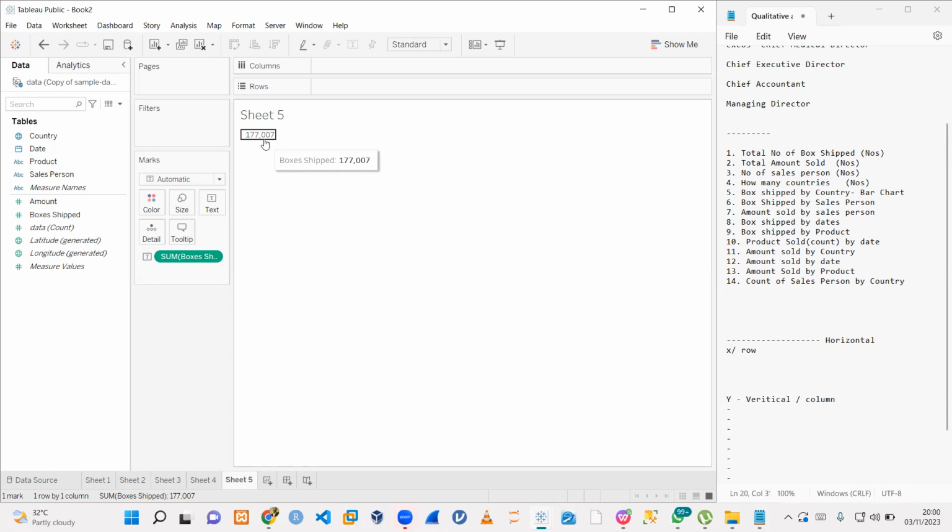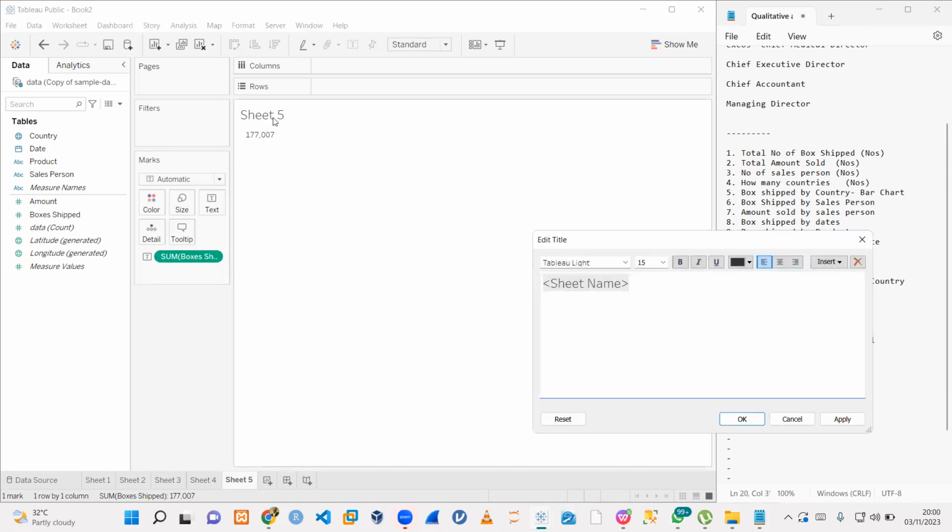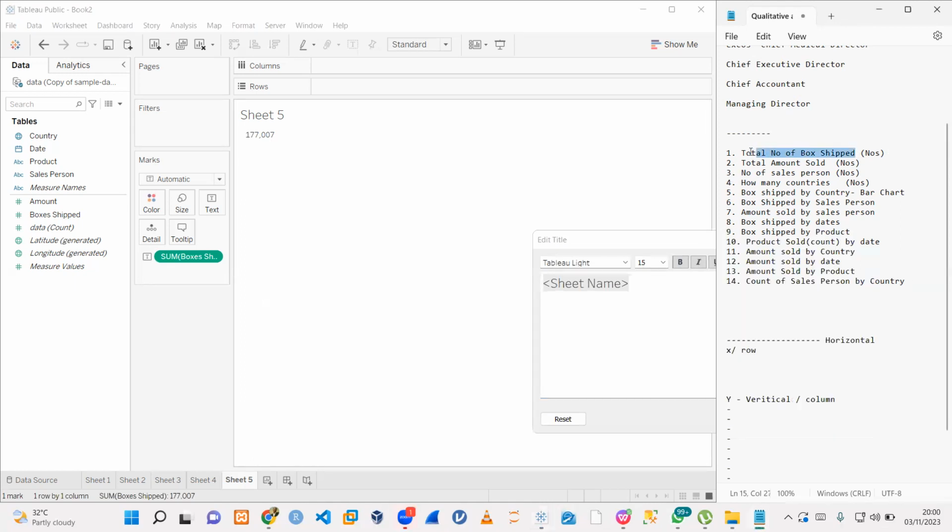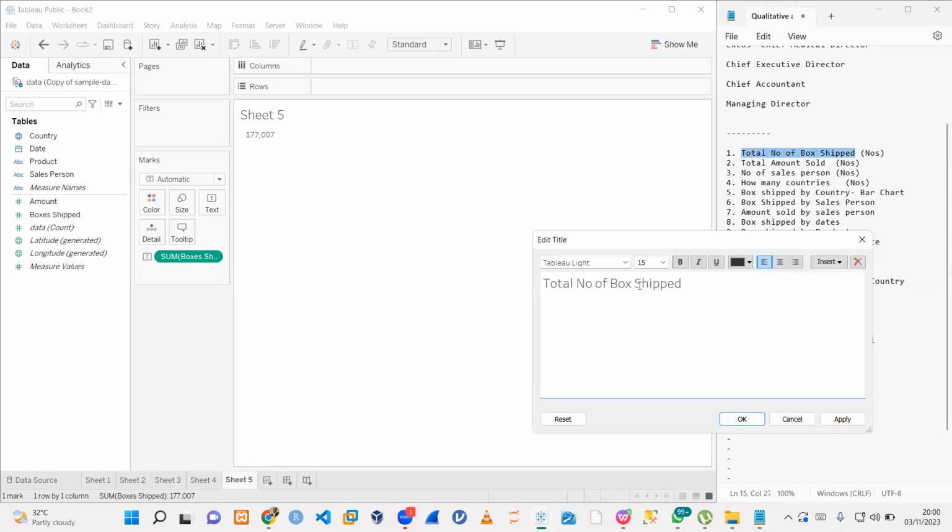17770. 77007. Good. And it is a sum. Automatically, it detected that for us. So here, I will just double click and say total number of box shifts. That is all. I can make it bold. I can make it Tahoma,